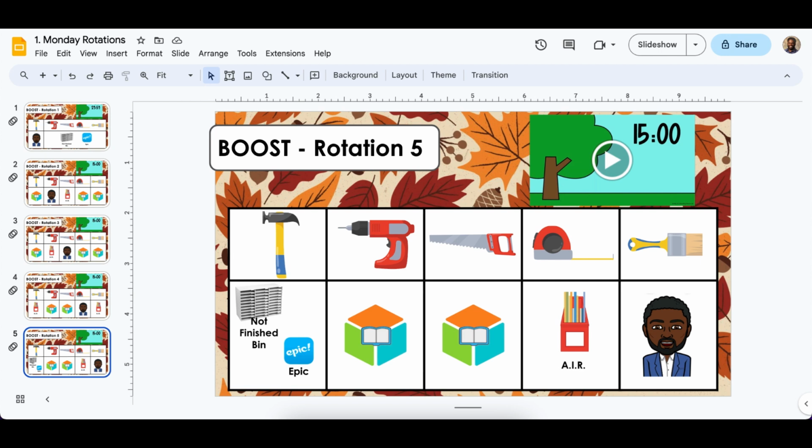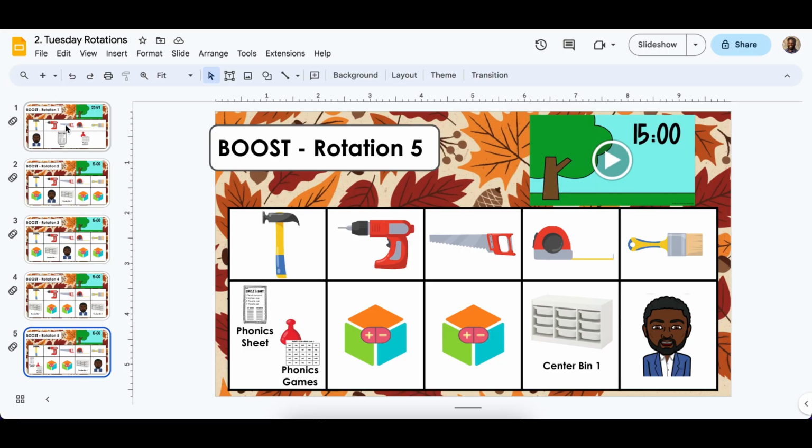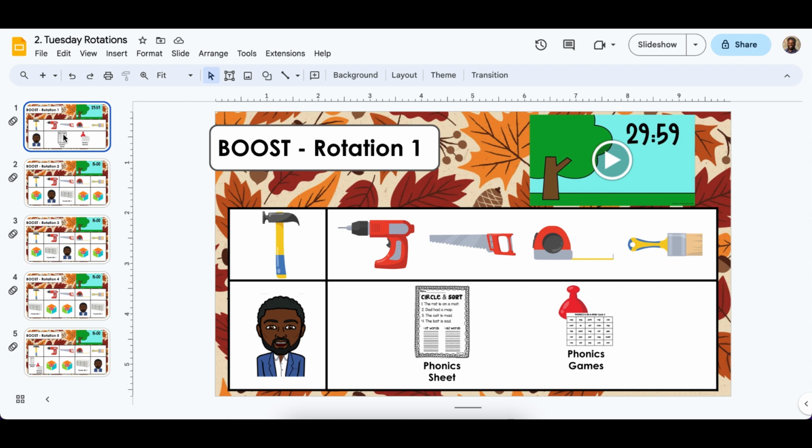Now, I do have a set for every day. This one was for Monday. Here's what my Tuesday rotations look like. And again, it's the same setup. It's just going to be that independent work is going to be a little bit different. So you'll see